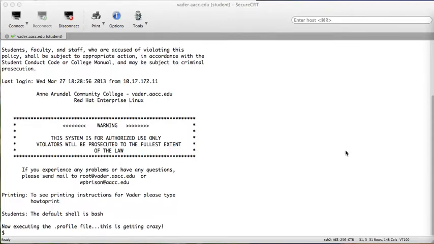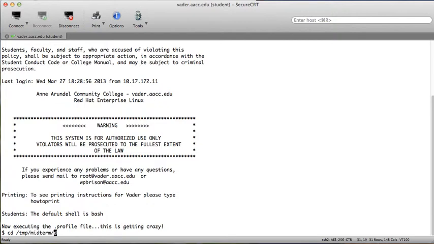The following is going to be the video tutorial solution set for the midterm exam, the portion that was required on the system vader.aacc.edu. I actually have the exam questions displayed in a separate window, so I'll read them and work through. Alright, first, number one. It says there is a file located in the following directory, and that directory is